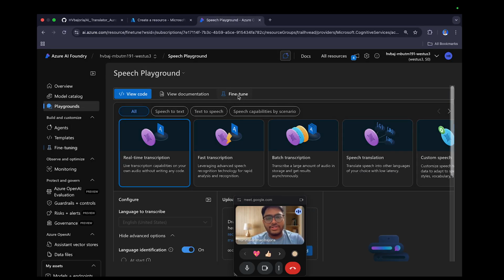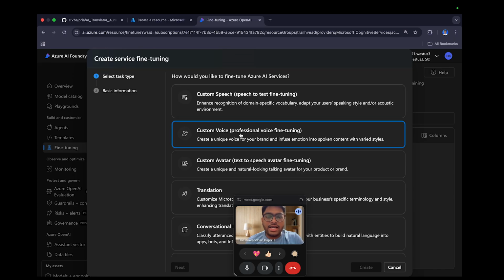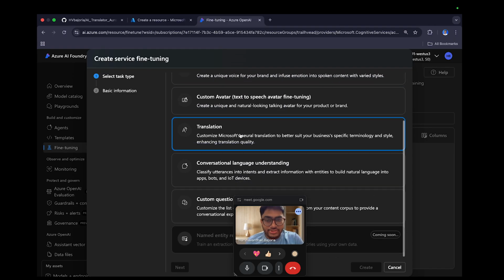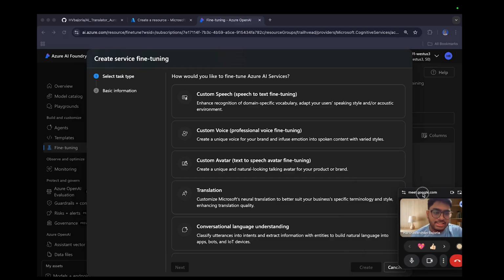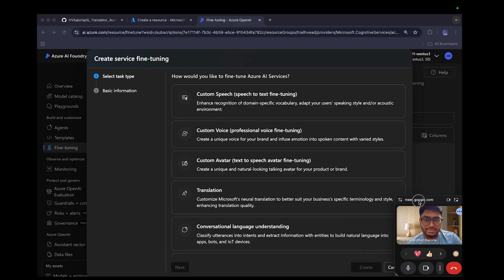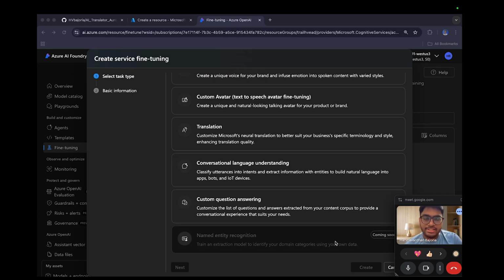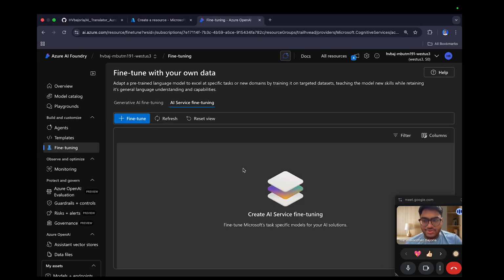Similarly, if I want to just fine tune it, I click on the fine tune option and choose what I want to actually fine tune, whether I want to add avatar, I want to add some questions, I want to add some voice, or I want to add something else, which is speech or translation. I can actually do that and get it done. So now you got an idea or gist of it, how things work, and what Azure is giving to you. Now you might say, okay, I get it, and this seems particularly fair to me,